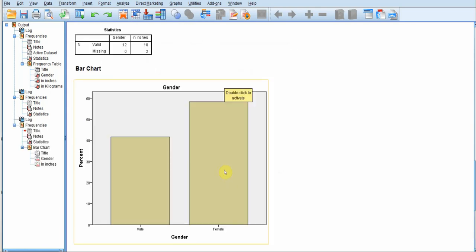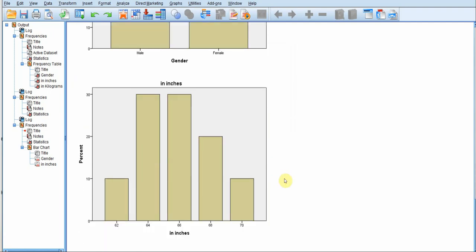So this is what we are getting. The bar chart with respect to percentage for the male and female is okay, but the bar chart for the height variable, which is measured in inches, doesn't give us a clear picture of how much percentage falls for the different heights that we have.